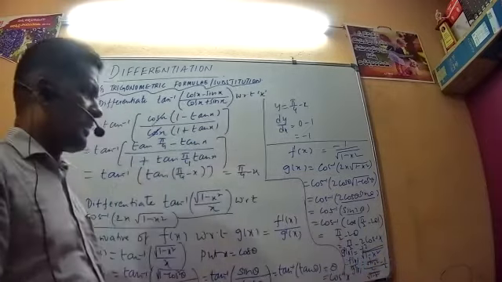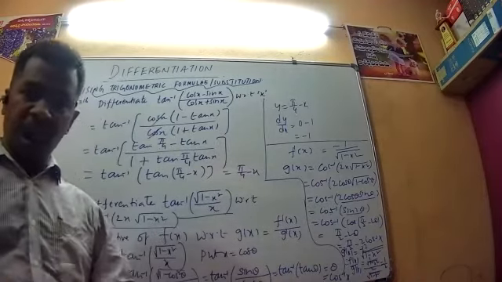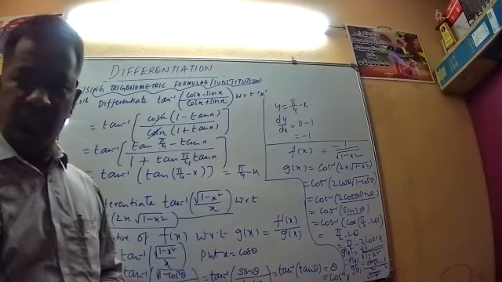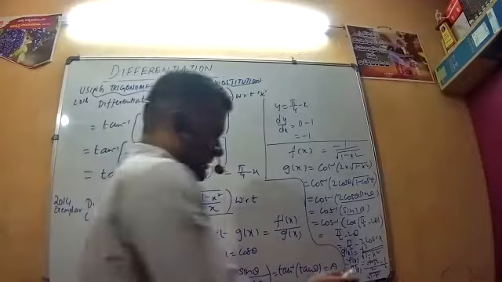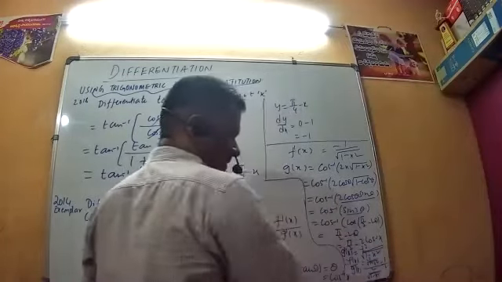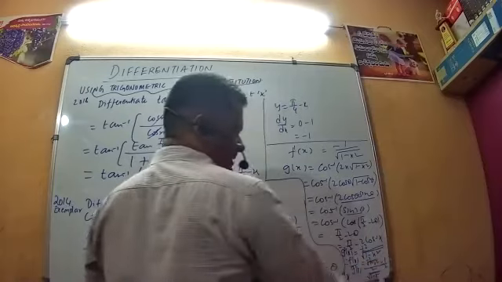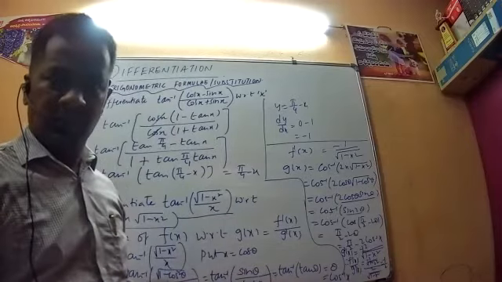In this way, we need to solve this particular question. So derivative of f of x with respect to g of x is given as f dash x by g dash x. So here just a small correction is there. This is minus 1 by root of 1 minus x squared by 2 by root of 1 minus x squared, which is equal to minus 1 by 2. That is the right answer for this question.